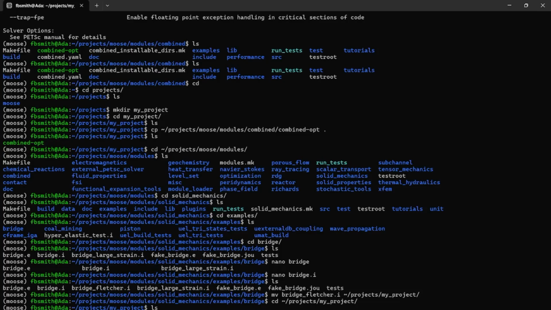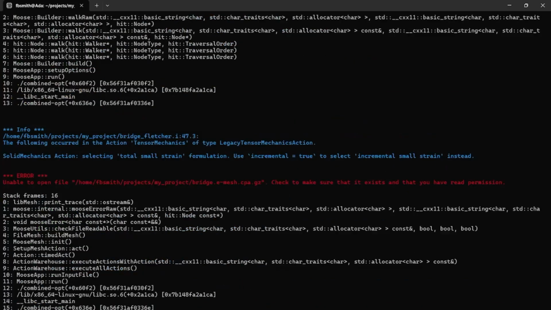./combined-opt. In Linux, if you want to run any executable that's in the current directory where you're at, you have to do a ./ by convention. Now I'm going to do -i. The i flag indicates that whatever comes after it is going to be the input file. So the input file that I want to give Moose is bridge_Fletcher, and I press enter, and